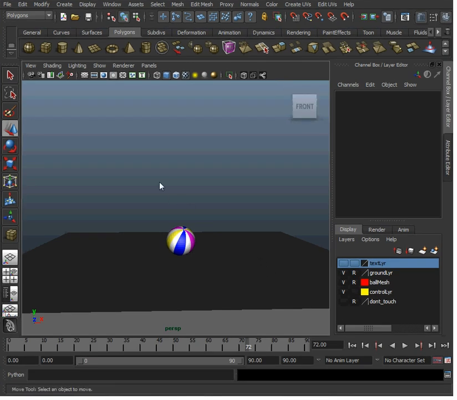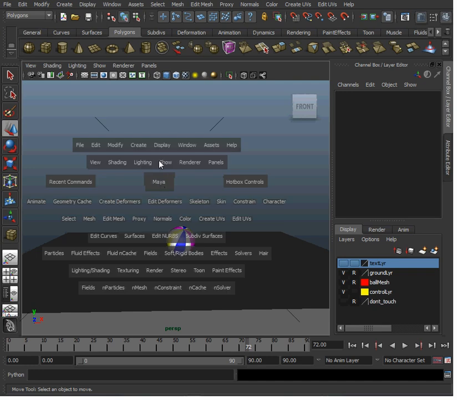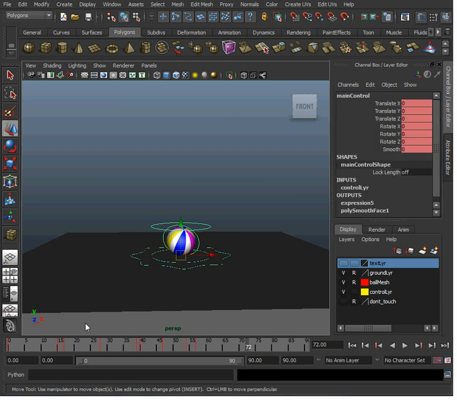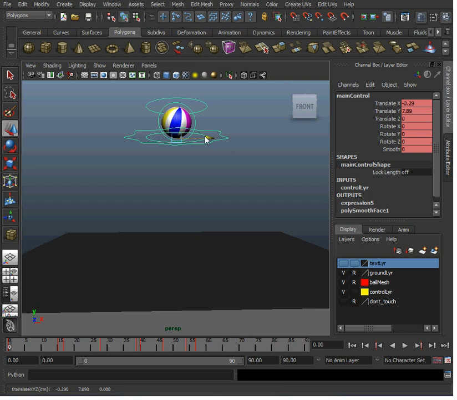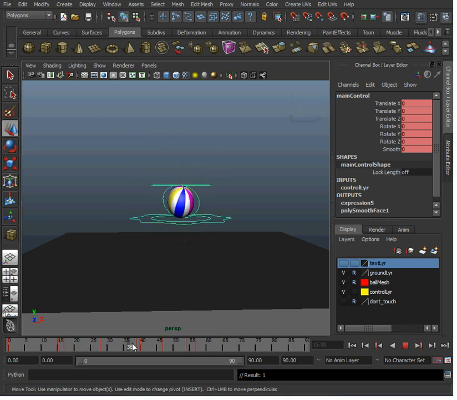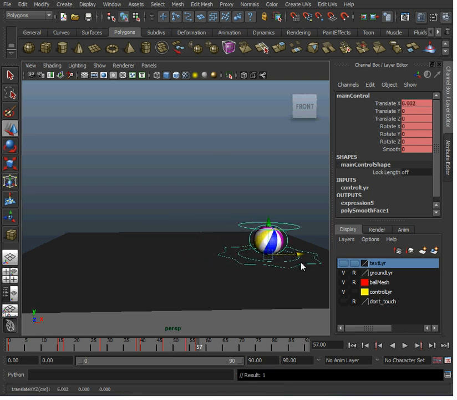Let's turn back on our NURBS controllers by holding down the space bar. Go to show and NURBS curves, and we're going to have it go across the screen in X. So I'm going to pick this controller, and in the beginning I'm going to have it go over here, and then at the end I want it to be on the right hand side. Since I set a key here in X, this is where it's going to end up on my very next key, and then it's going to stay there. But at the end I want it to be over here, so I'm going to drag it over there in X, and it'll set a key because I have auto key set on.